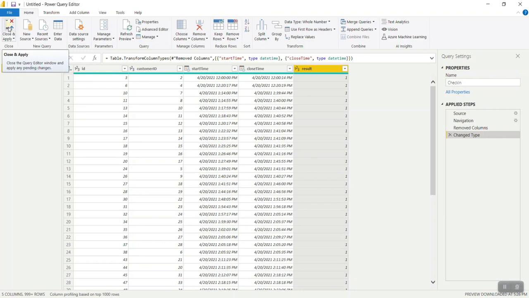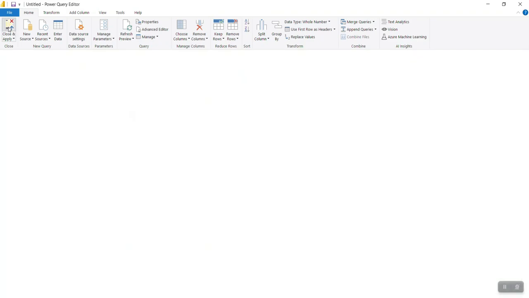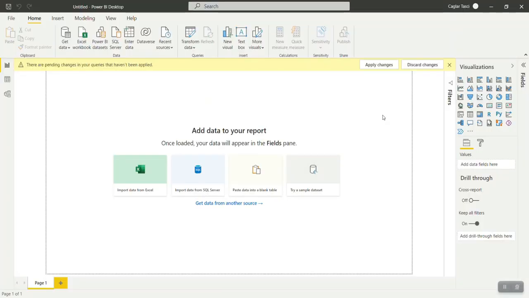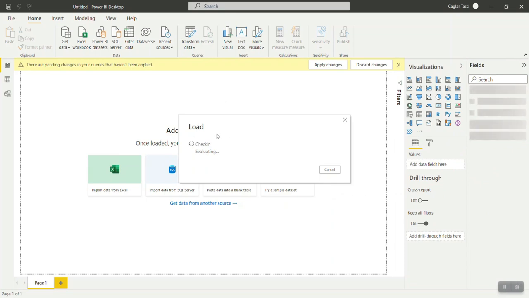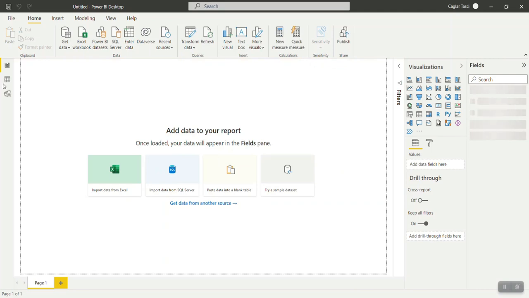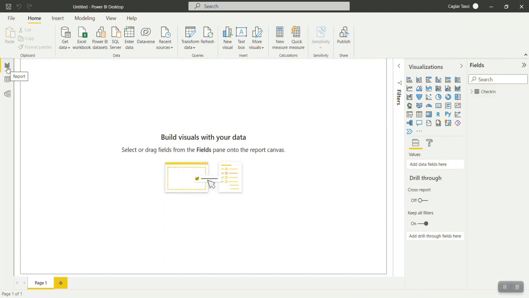Here you can see the model view or the report view. Once I went into the report view, it loaded the complete data into my model, since I was only working with the data view before, so the data was not completely loaded. This is the report view, then we were in data view, and then there is the model view.